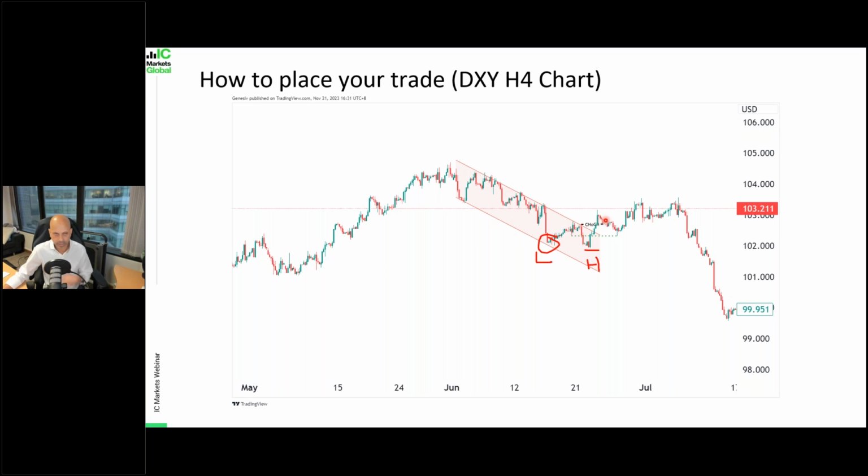So this would be an example of a bullish QM pattern. To be able to spot a bullish QM pattern, we would need to see price trending, making an obvious downtrend. As you can see, price is trading in a bearish channel, making a series of lower highs and lower lows. As price breaks above the upper trend line of the bearish channel and breaks above the previous high here, we have a change of character. And as price pulls back and then starts to reverse higher, that gives us the confirmation to go long for this trade.